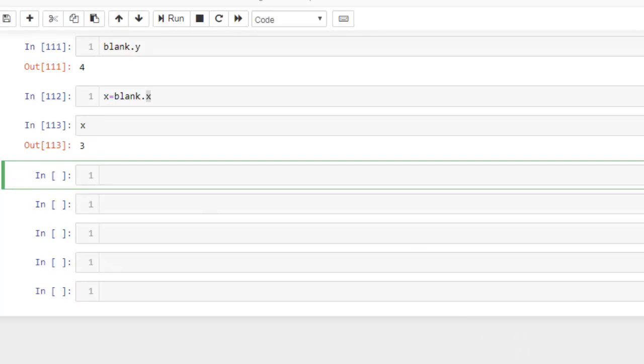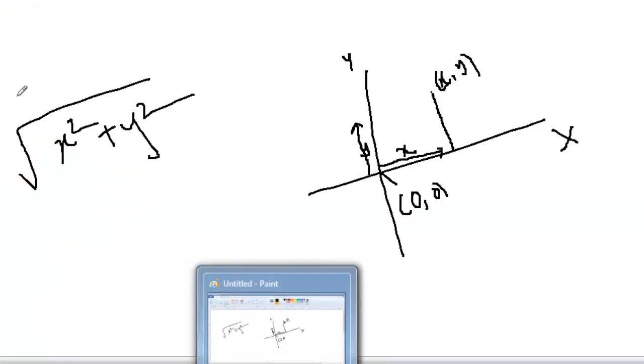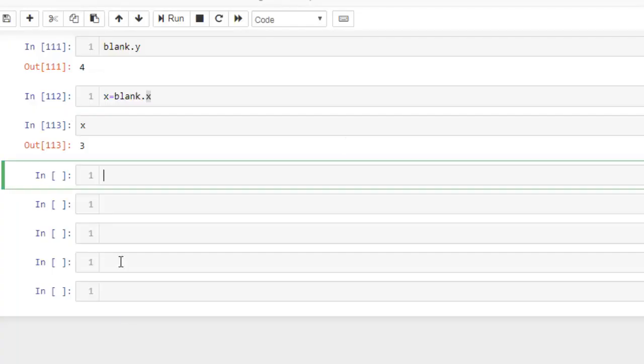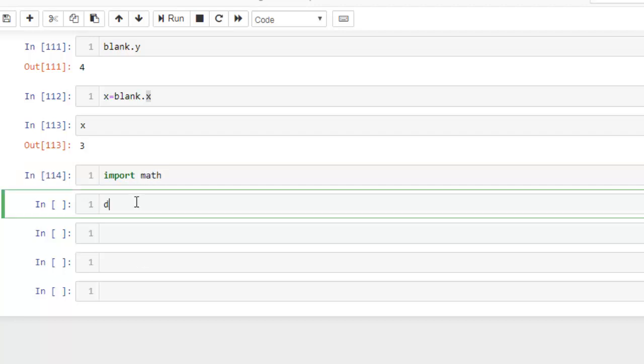We can also use the dot notation in any part of the expression. Suppose I want to find the distance, which is represented by the equation square root of x square plus y square. For that there is a built-in function sqrt given by the Python library math. So I should import that library, import math. Now to find the distance equals to